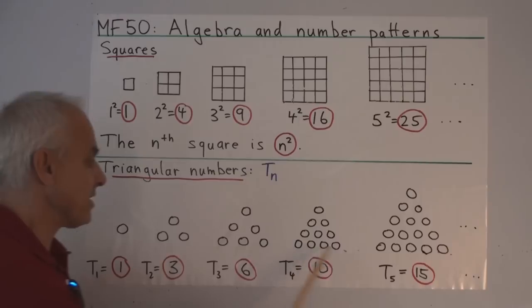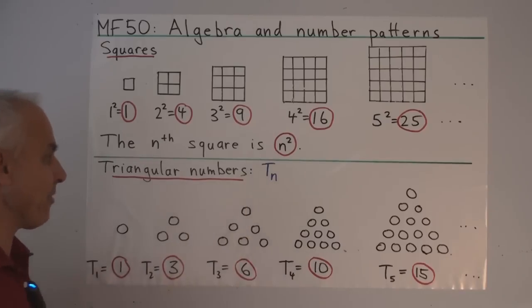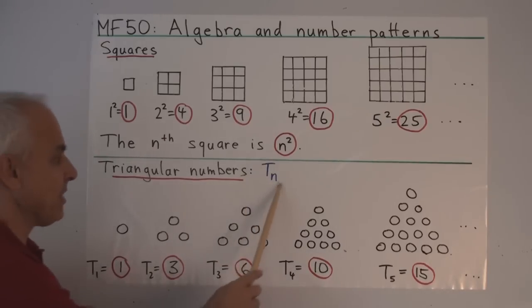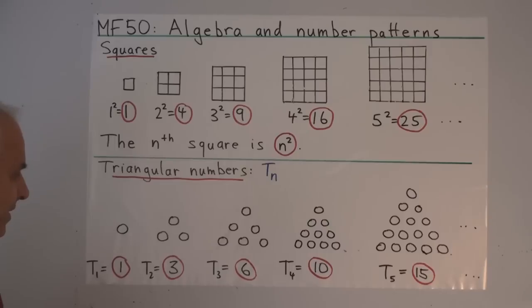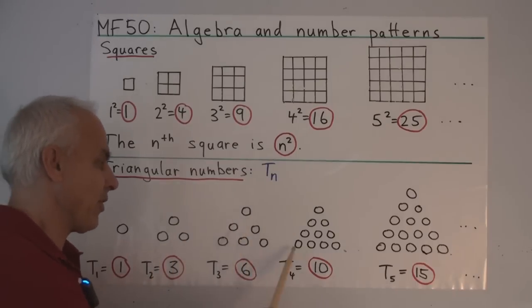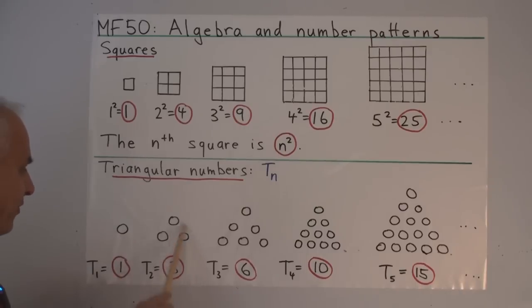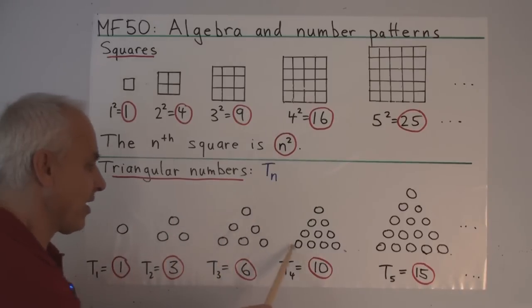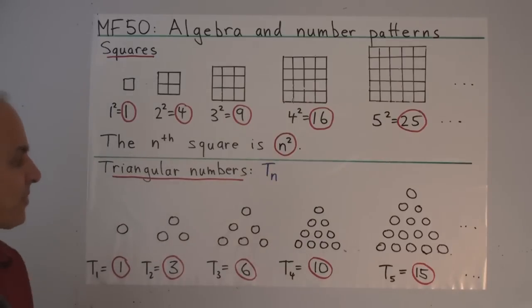Here's another famous family of special numbers, the triangular numbers. Let's give them a name. Let's call the nth triangular number t sub n. And geometrically, how they arise is by stacking up some balls in a triangular kind of pyramid. There's 1 ball, there's 3, there's 6, there's 10, there's 15, and we can continue.